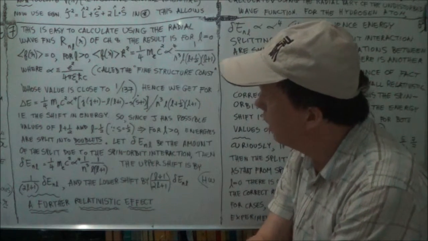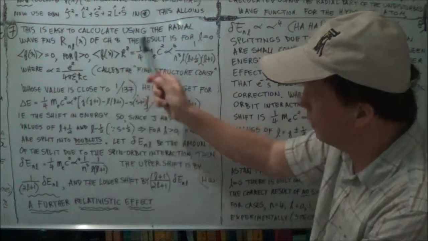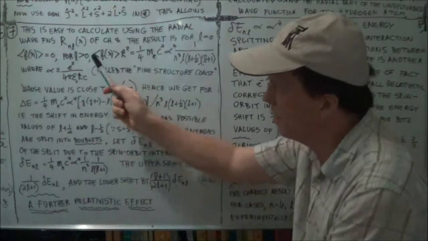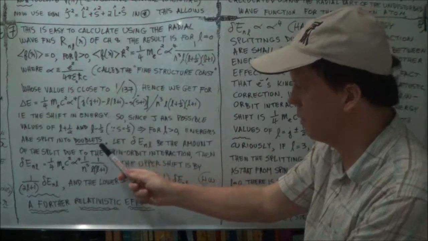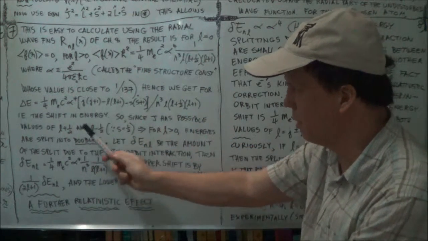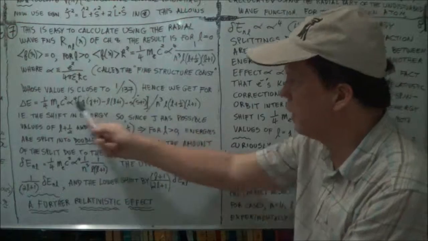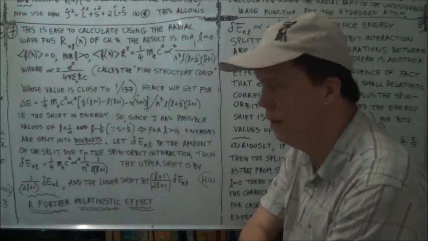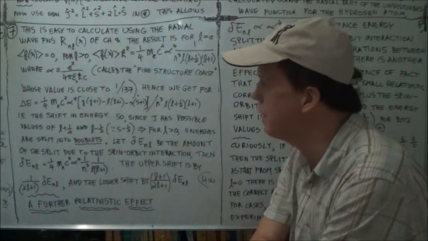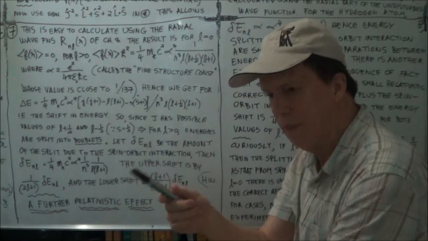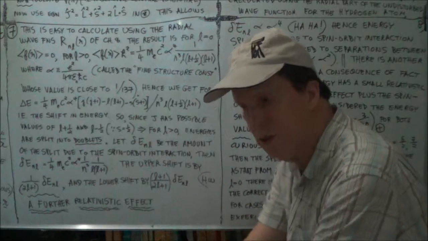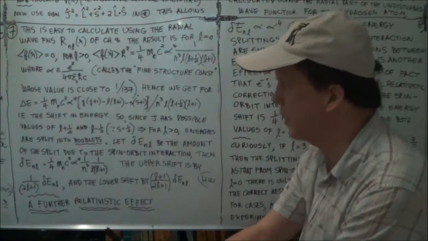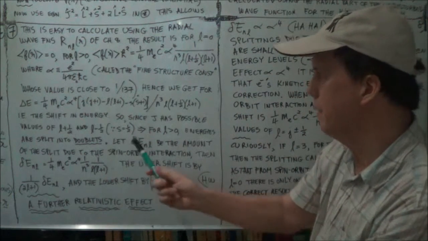Now, my guess is that the author, Davies and so on, have put this in because they want to tell you that this term here leads to a shift in the energies, the observed energies, when you compare to what you'd calculate without the spin-orbit interaction. Okay. Now we're talking